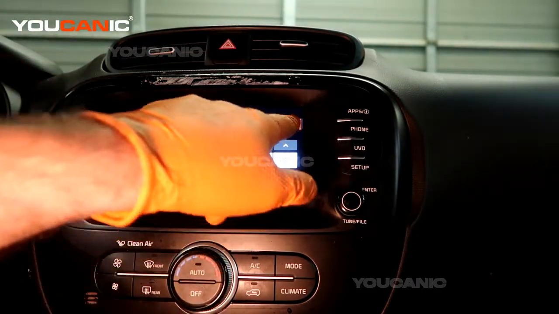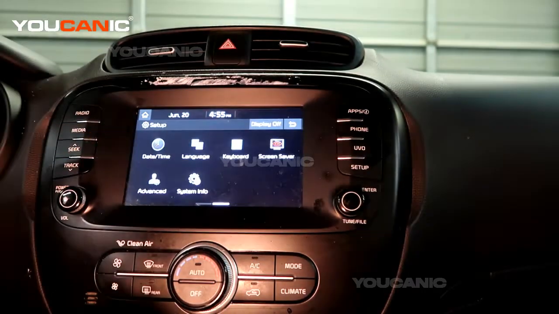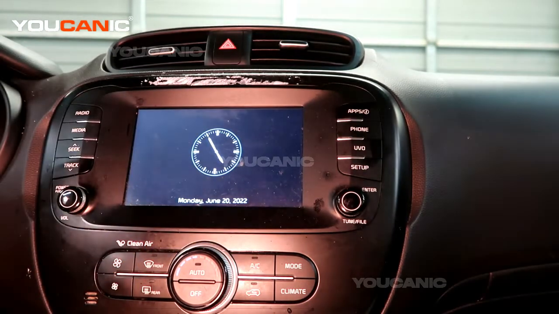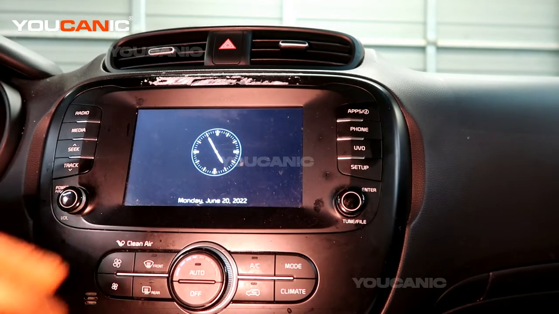And then when you're done, you can just hit back and you can hit back again, go back to your main home screen. You can also set it up that when you turn this off, your time will always be sitting on there so that you know what time it is in a clock form. So that's how you can easily change your time on your